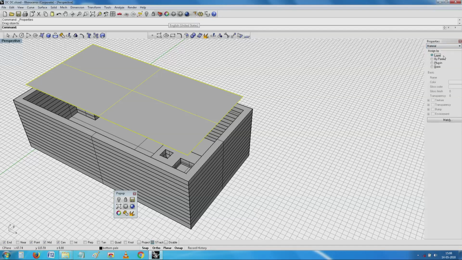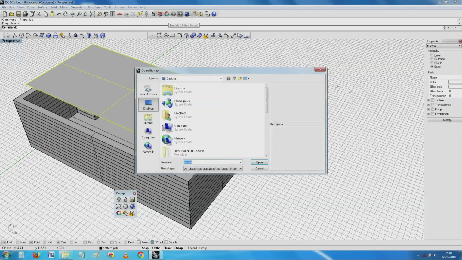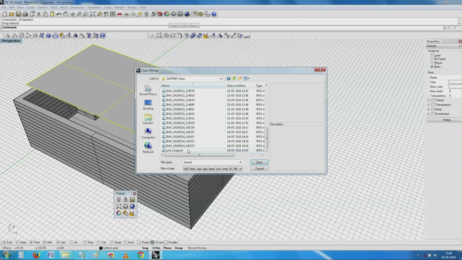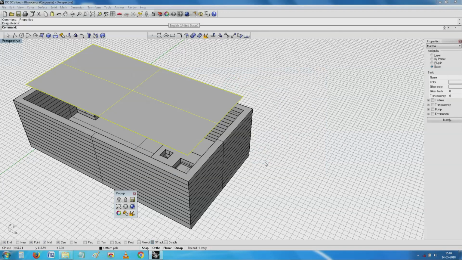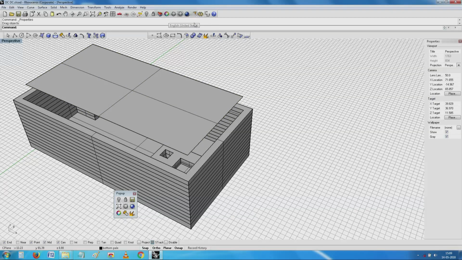I will select this, I will go for the basic material, I go for the basic thing, and then go here to see whether I can have a texture map. Right now I have this texture map built into it in this computer. It has been attached to this now. But now you see when I try to give a rendering, you see what will happen.